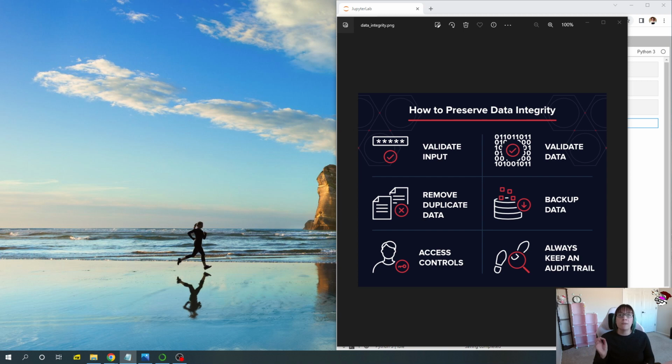So what you want to do is make sure that you have a backup of your data. So if things go down at the headquarters, you have a copy of data that can be used so that your operations can continue. Another thing is to have access controls. Not everybody needs access to all of the data, so make sure that you are only giving access to those that need it for their job responsibilities. And lastly, you want to make sure that you keep an audit trail. So if something does go wrong, you have that documentation to show where it went wrong, and then you can apply any controls to prevent that from happening in the future.